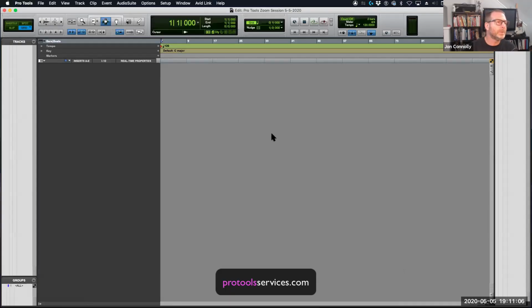And there we have it, a blank edit window. We've got an edit window and a mix window. Those are the two main windows of Pro Tools software. When Pro Tools was designed originally, they tried to go with a paradigm that was familiar to these old school analog engineers, right? Old school. I'm not calling you old. No, you're not old. Okay, thanks, Reed. Own it. You had a tape deck and you had a mixer. Your edit window is your tape deck and the mix window is your mixer.